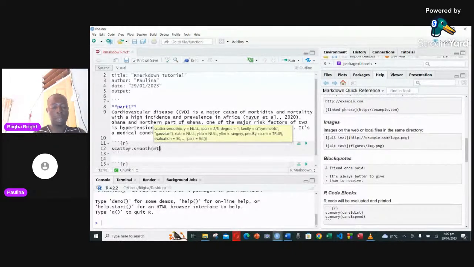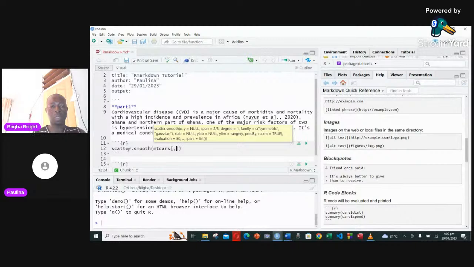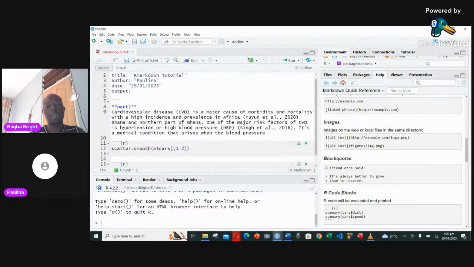So if I come there, I can now say maybe I wanted to look at a scatter smooth of the mtcars data sets. But maybe I'm not looking at all of them. I'm just looking at how many of the columns. I'm just looking at maybe column 1 to 2. And so when I have done that, maybe I've also forgotten. Maybe this one, I don't really want the